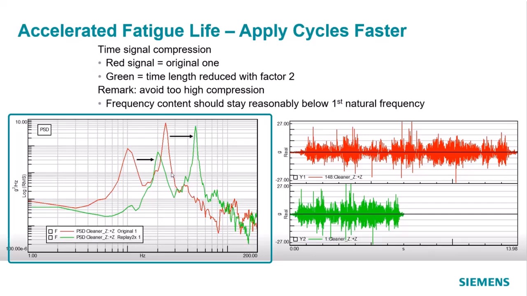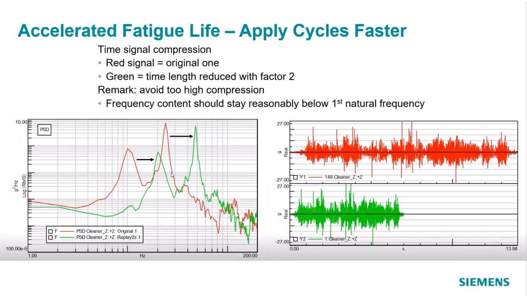And what could happen is that if you have a natural frequency which is somewhere around here, let's say, somewhere in this region, because you have changed the frequency profile, you will now be exciting a mode which was not being excited previously with the original time history. So you have to be careful when applying the cycles faster. You shouldn't be exciting something that you don't want to excite because it was not being excited by the original time history. When you apply cycles faster, it can also lead to changes in temperature, and that can also be a big deal because that can induce some other failure mode. So you have to be careful with this method.